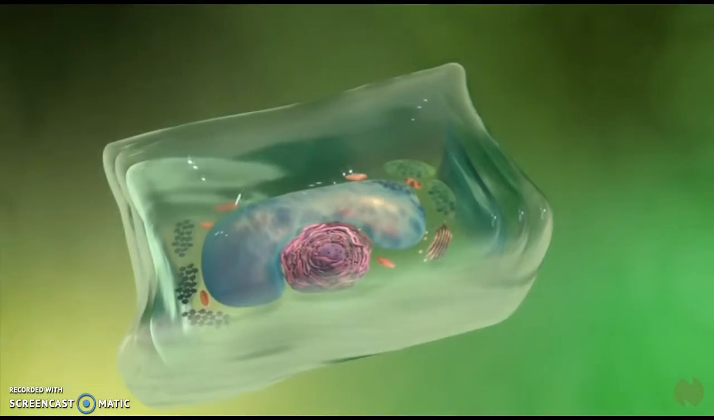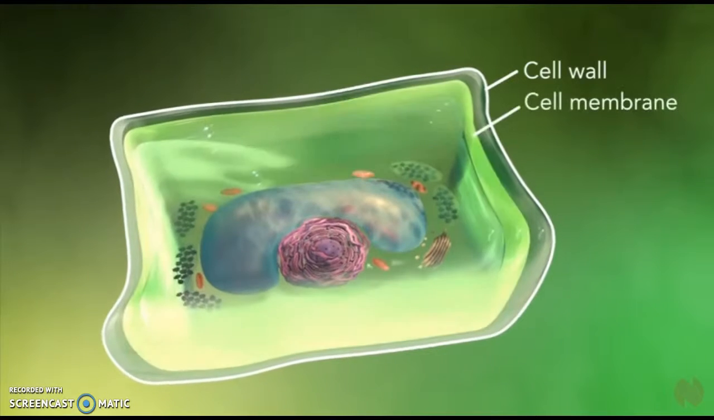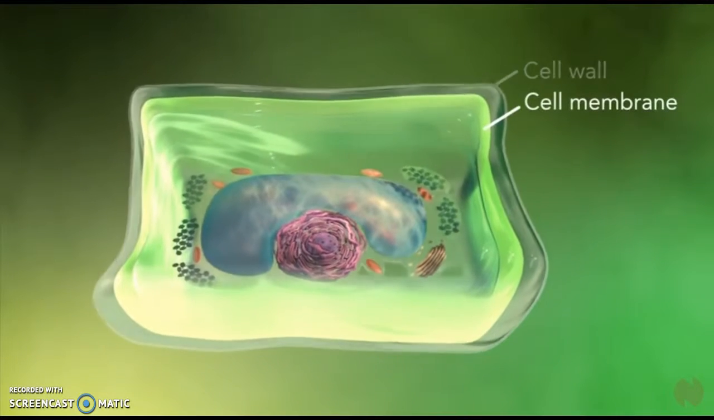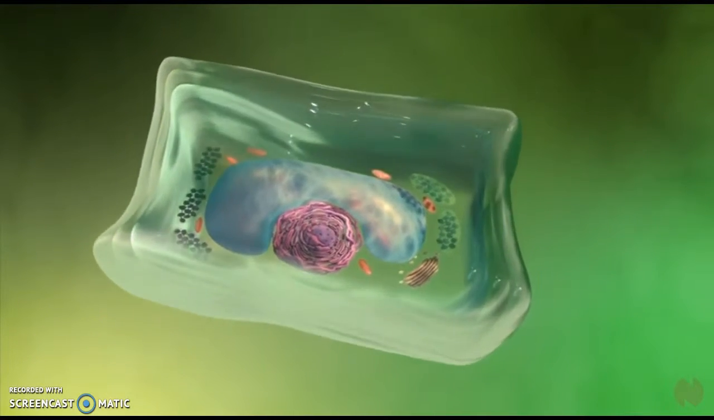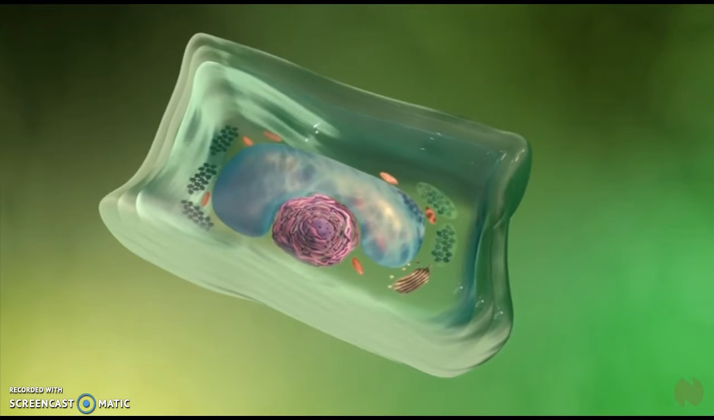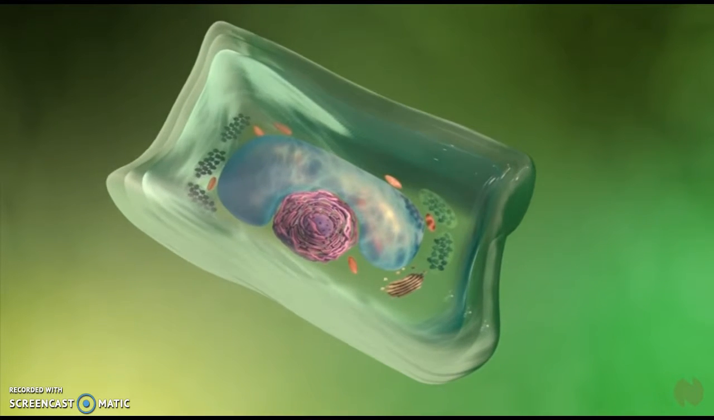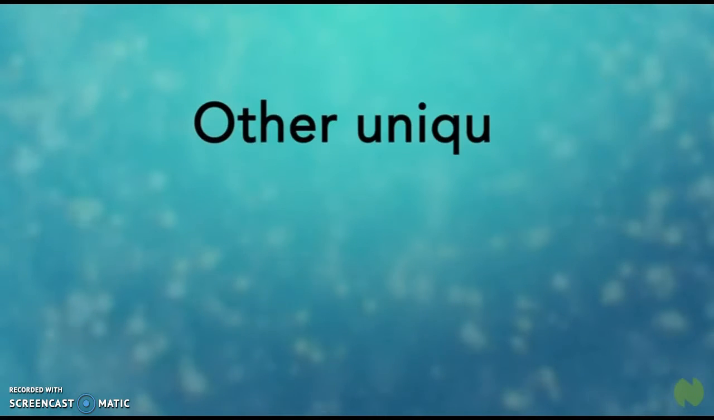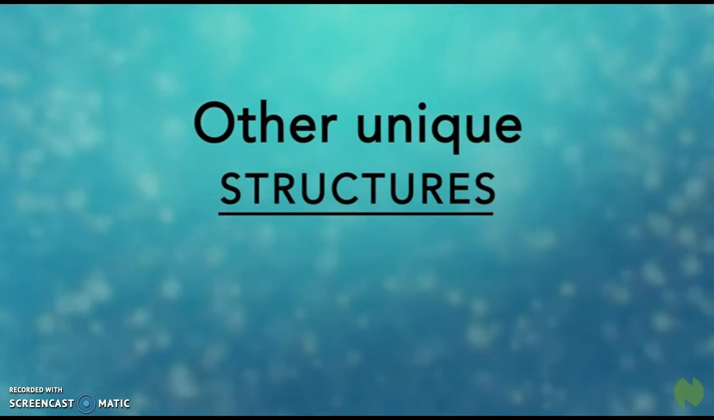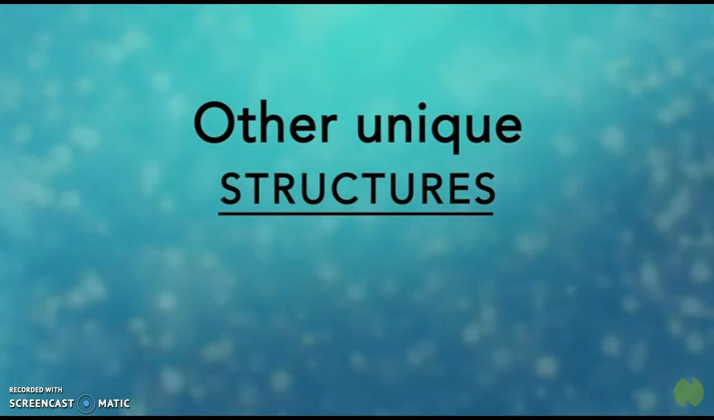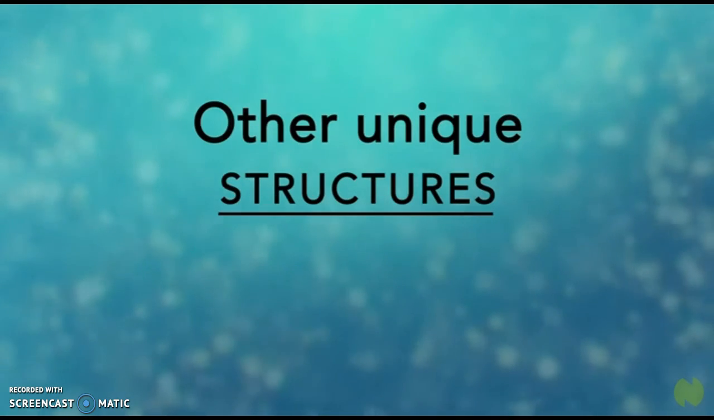Plant cells also have a cell wall outside of their cell membranes that shape, support, and protect the plant cell. Animal cells never have a cell wall. There are many other unique structures that only some cells have. Here are just a few. In human